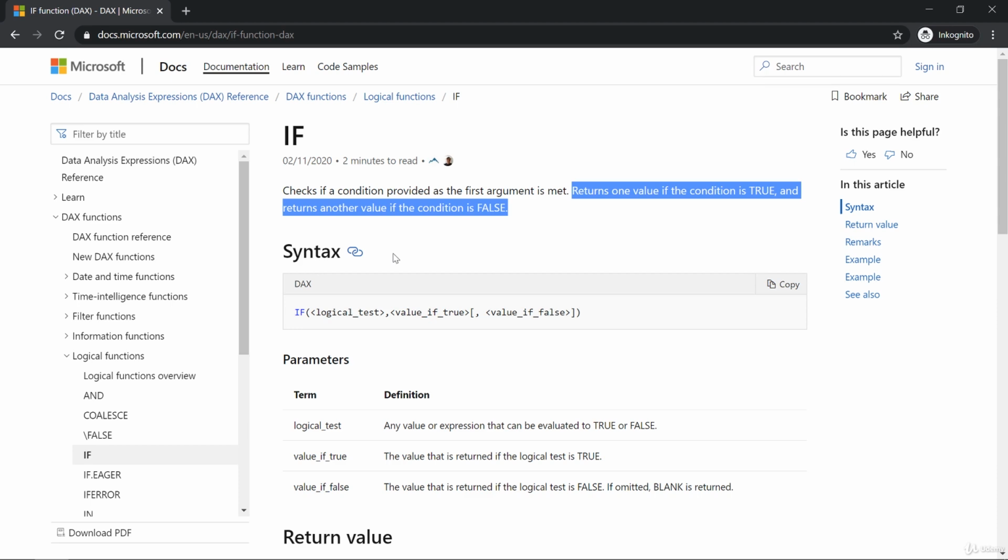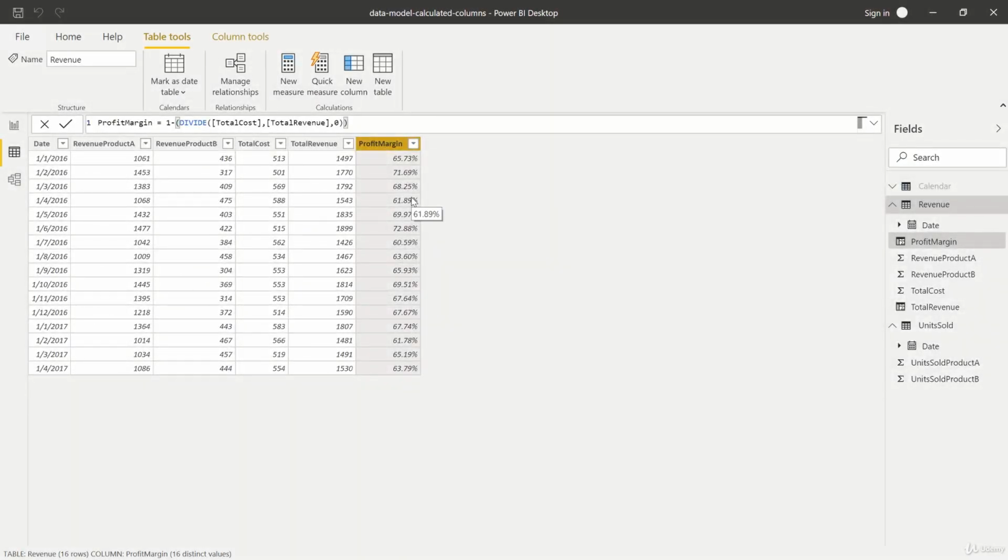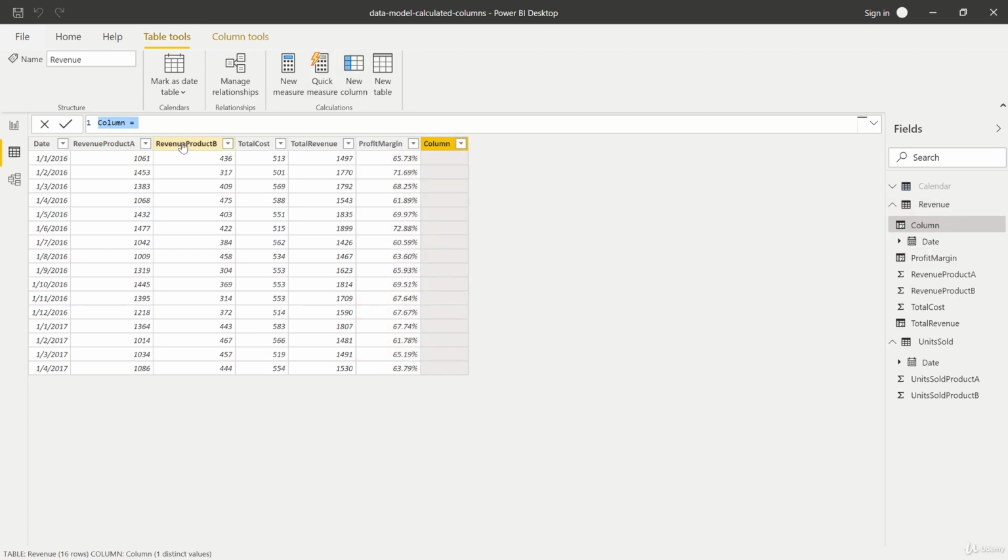Let's go back to the project. And here, I want to base this if condition now on the profit margin column. So what I want to say is, if our profit margin is larger than 65%, for example, as here or there, then I want to return good day in the new column. If we are equal to 65 or below 65, it should return bad day. So again, table tools in case you're not there already, new column. Now let's give this field and therefore our DAX formula the name, and this should be maybe a day rating. So let's be explicit here.